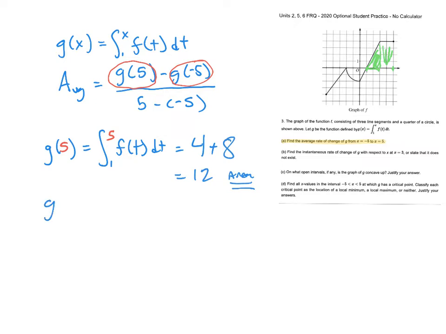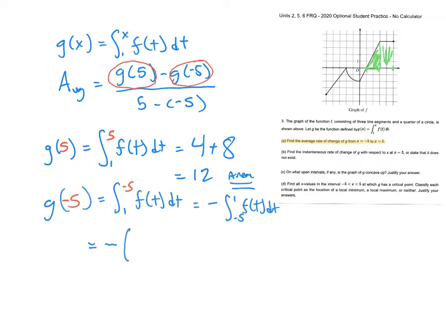Okay, let's compute g of -5. We're going to do something very similar. When you write the definite integral, it looks funny because the limits of integration are out of order. So usually what we'll do is we'll set those right by sticking a negative sign in front of the definite integral and then swapping the limits of integration. Okay. Again, we need to use area. So remember, we're doing the opposite of the area from -5 to 1. So I'm going to put a big negative sign right here, right now, and then I'm going to go compute